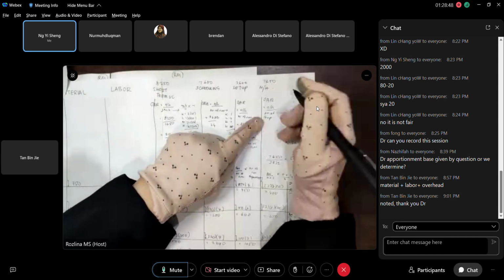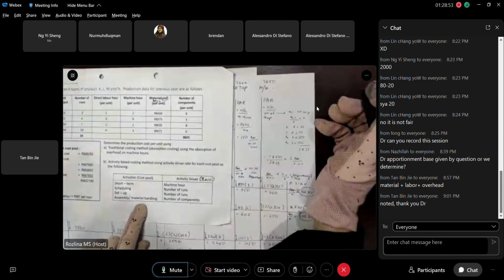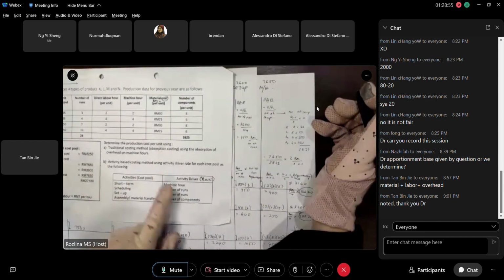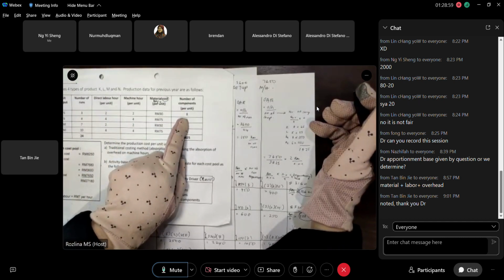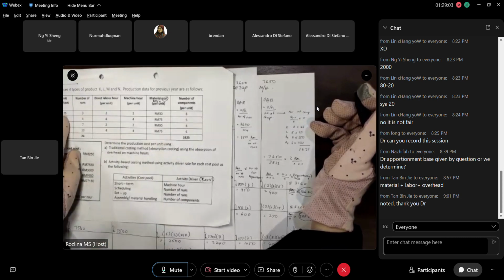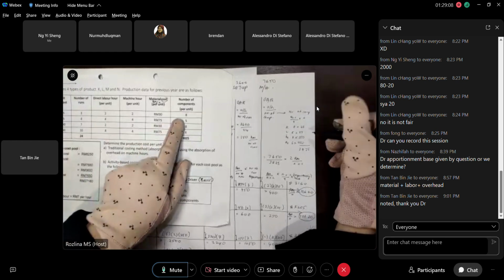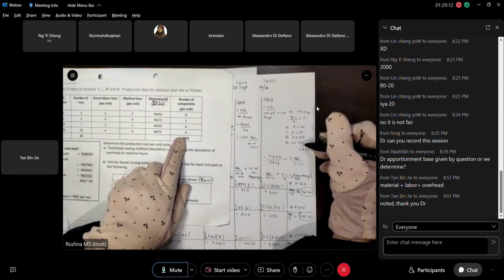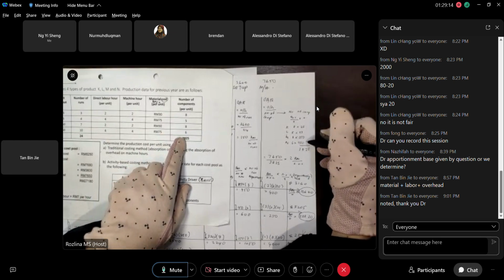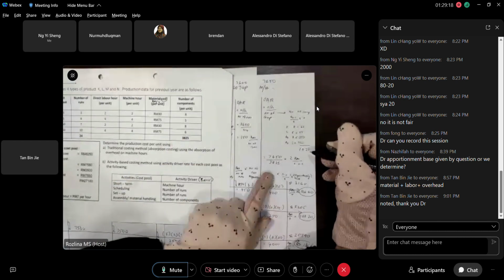Because it mentioned that the overhead for material handling is based on number of components. So number of components is here. Okay, but here you have the components per unit, so you have to multiply by the units. So 8 times 25, then you get the number of components. That's why 825, 525, 8250, 6250. Okay, then you get the numbers. Total 3825. So dapat RM.